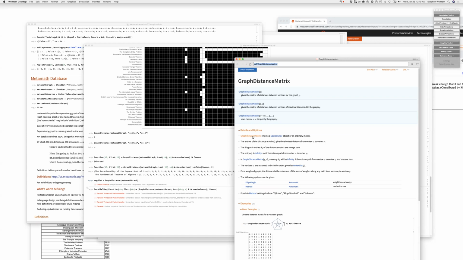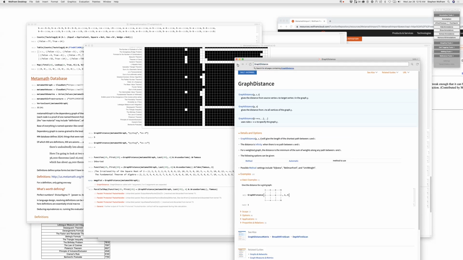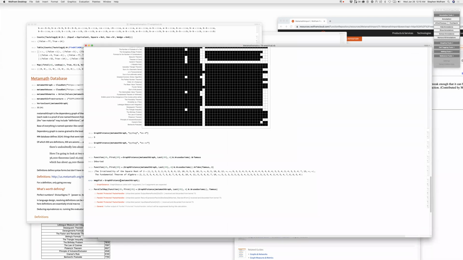Oh, it doesn't produce a function. I thought it did. Isn't there a way to produce a function from this? I think nearest does this, but not the graph distance. Let's see what happens if we say